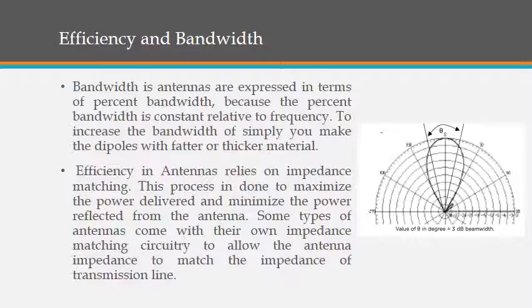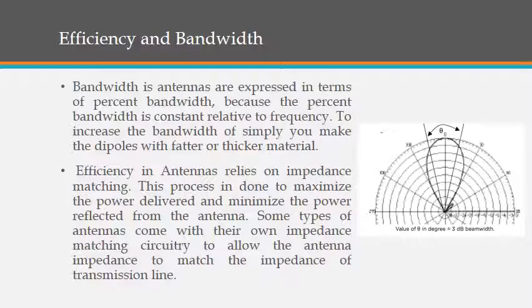Now, the efficiency in the antenna relies mainly on the impedance matching. This is an important process because what you're basically doing is removing the mismatch loss, which is minimizing the reflection coefficient, as my colleague was talking about, and maximizing the power delivered. Now, how you do this is basically